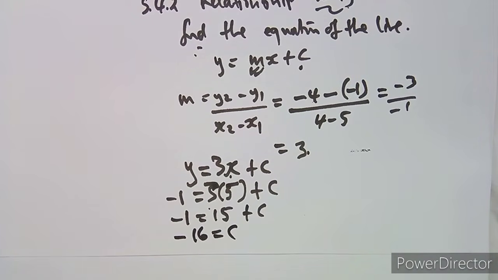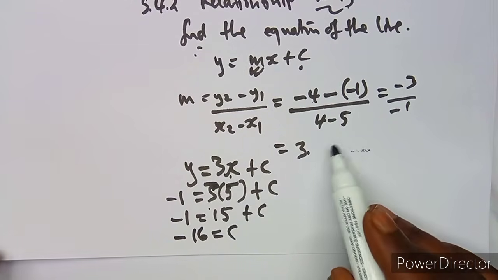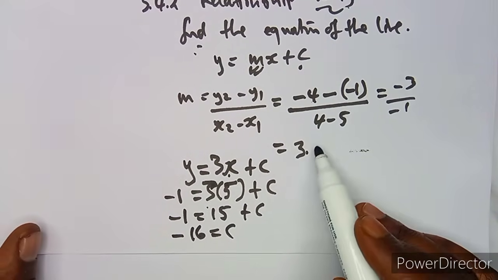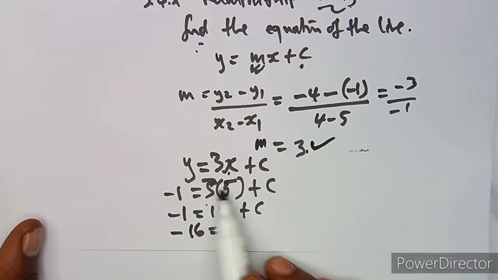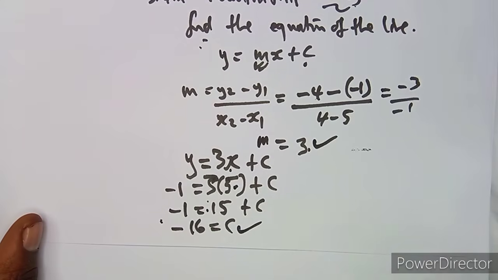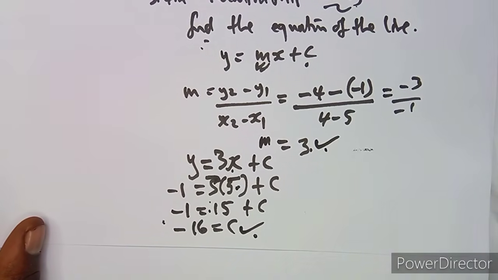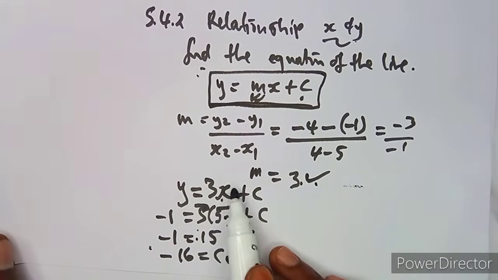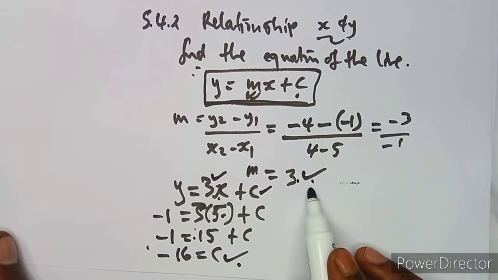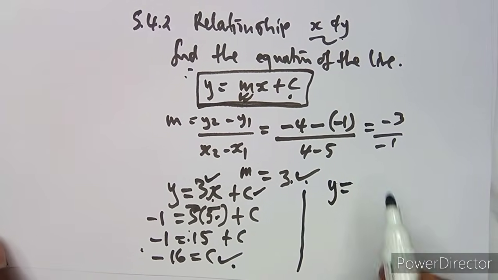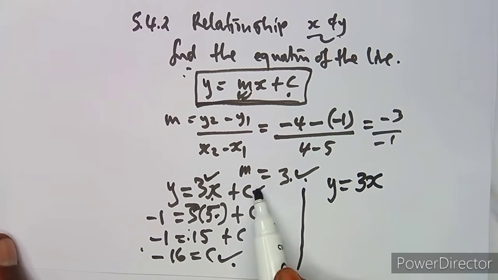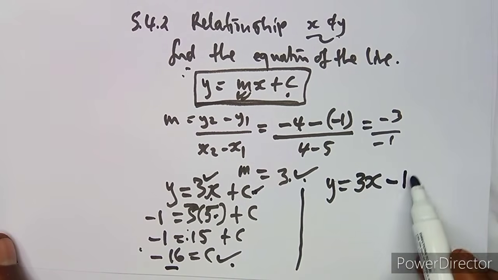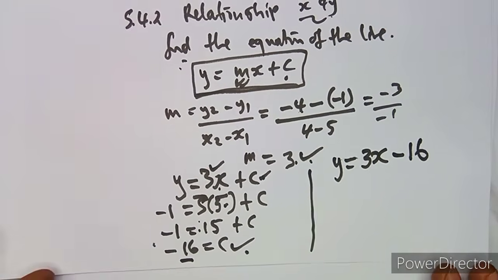Let me just cross-check if we are having the same thing, guys. Okay, but that's it. It's going to be negative 16. Just cross-check your working also, but that's the concept here, because that's your gradient. You substitute 15, then negative. So now the gradient is there, the value of c is there. Substitute into the formula. So y is equal to 3x, and our c is negative 16, like this. All right, yes, that's what you're going to have as our final equation.